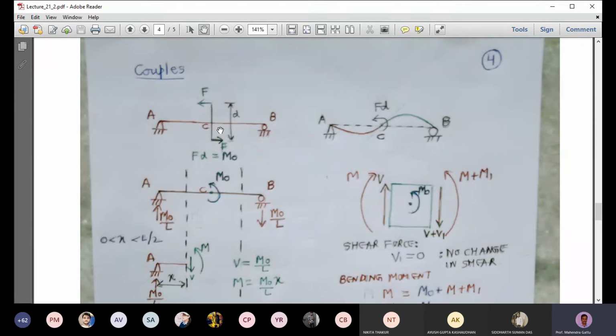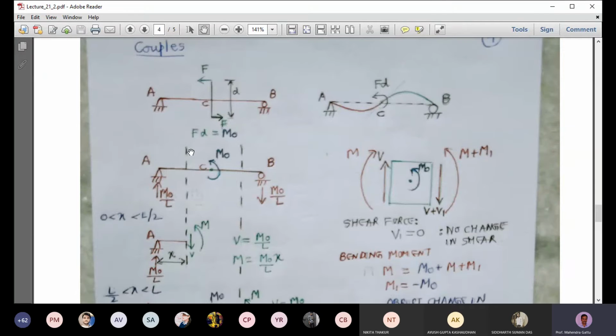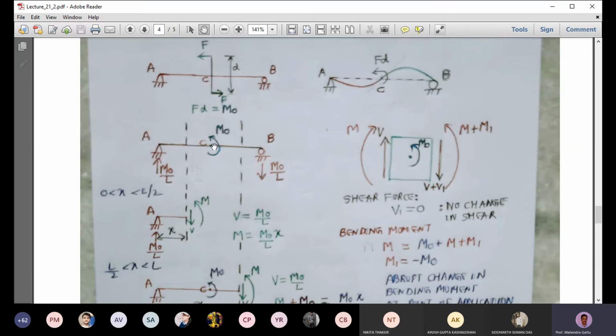With this concept, now we'll look at the analysis for a beam subjected to a couple acting at point C. Point C happens to be the center of beam AB. So we can find the reactions at A and B. For finding the reaction at A, we'll apply moment equilibrium about point B. This couple will produce an anticlockwise rotation. To balance it, we have to apply a clockwise moment, which will come from the reaction acting in the upward direction. So that reaction will be M naught by L, which into L will balance out that M naught.